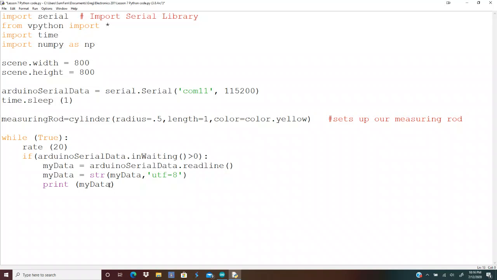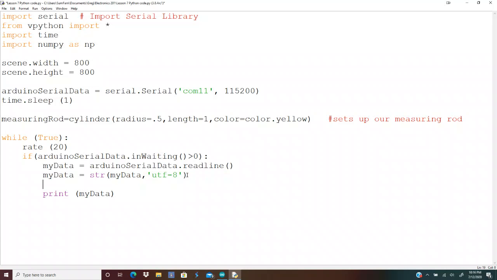We really want that print data to vary with the distance we're reading from the Arduino. So we need to enter another line here. So we've gotten rid of that silliness, that UTF silliness,